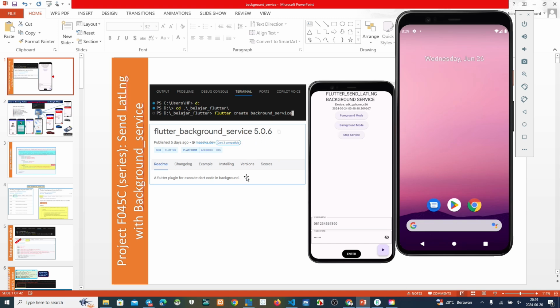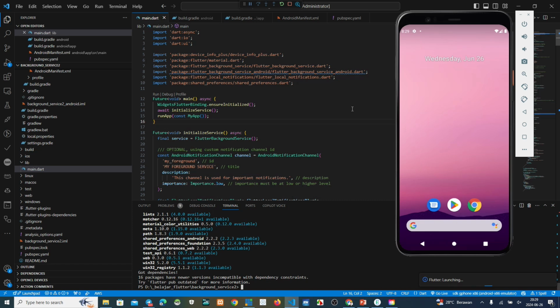How do we check if our project is already running well on background service? After we finish this one, I can show you, but we cannot show it if we use the virtual device. We show directly on smartphone.